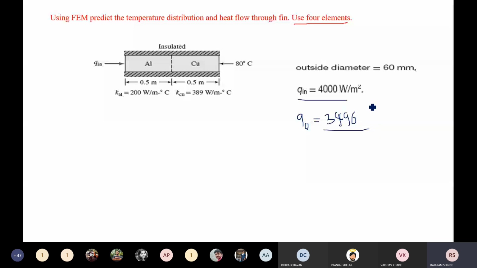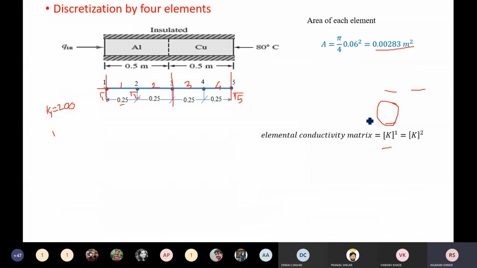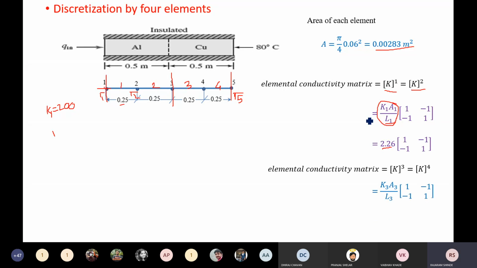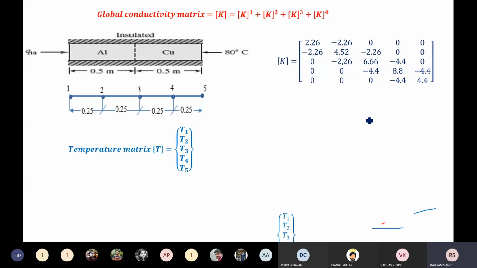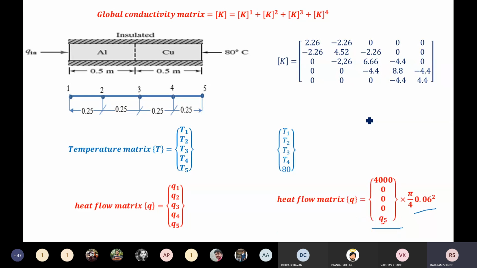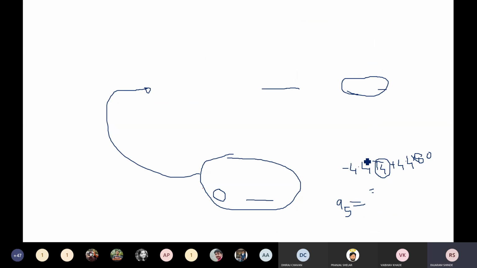Here that difference is acceptable because of your truncation of the numbers after decimal places. You are getting this difference, and that difference is acceptable, because finite element method is approximate method. If your Q in is approximately equal to the Q out, then your problem is correct. Otherwise, there is an error in your calculation.